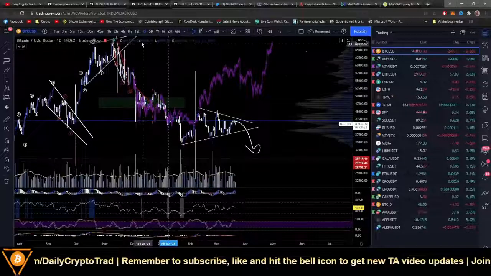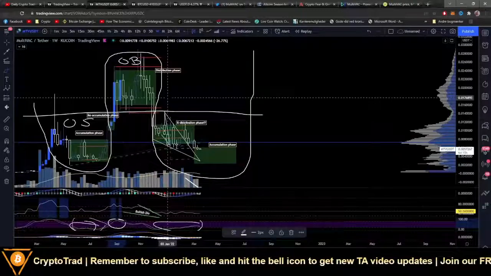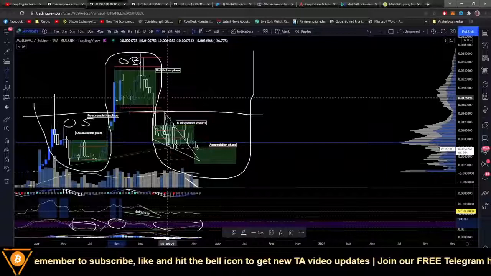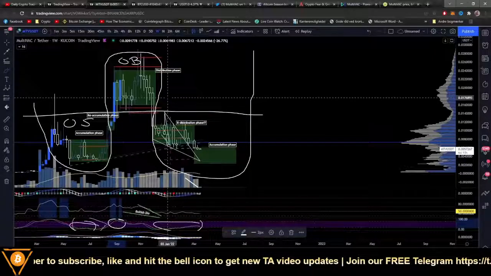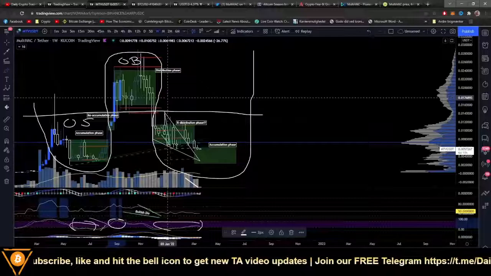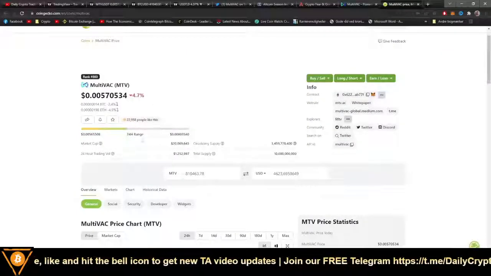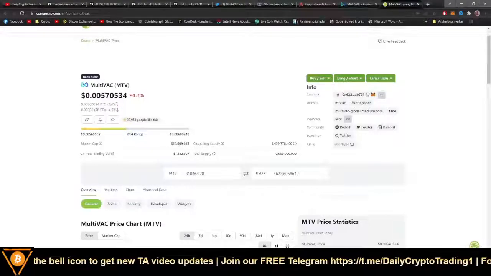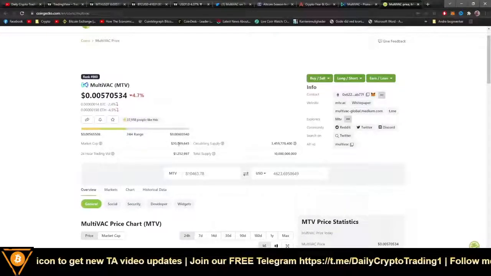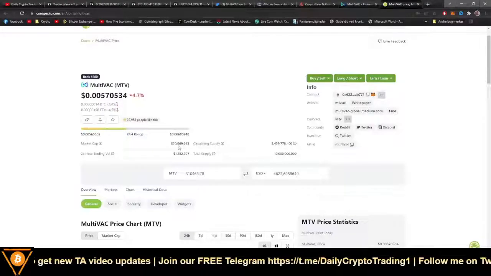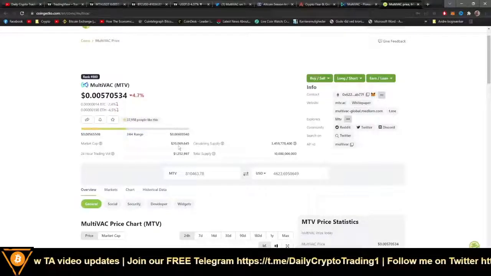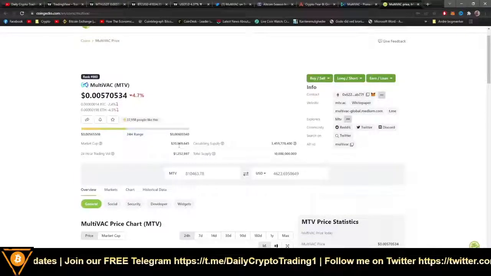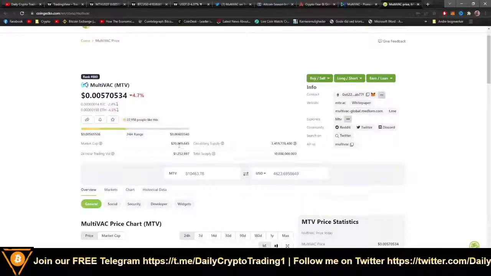This is extremely important to understand because newcomers have no idea how correlated altcoins are with Bitcoin, especially micro cap altcoins such as MultiVAC. I mean, if you look at the market cap, it's 20 billion. All right, that's 20 million, not 20 billion. If it were 20 billion, I would be freaking happy. I would be rich, to be honest, but it's 20 million, and that is nothing compared to the layer 1 solutions out there. So that is why I'm saying it has a huge potential to the upside, to great gain.